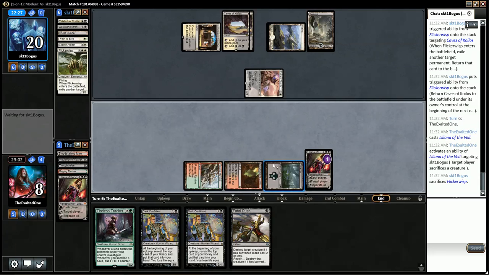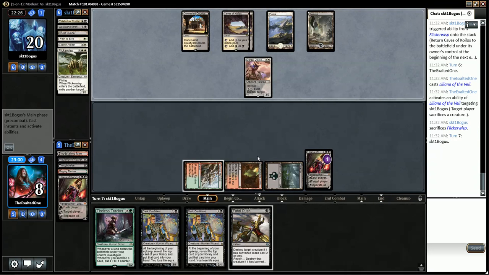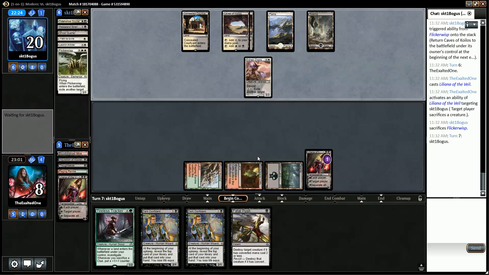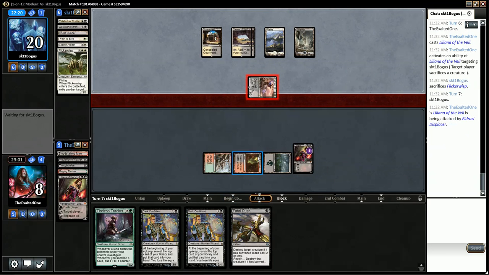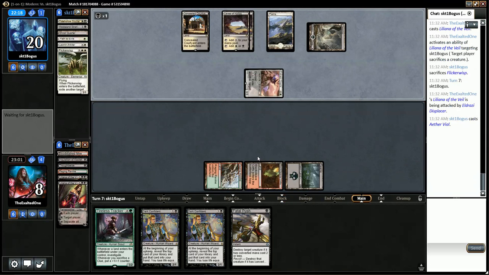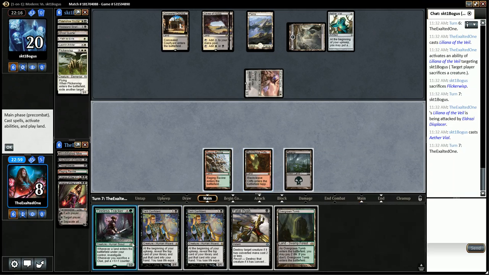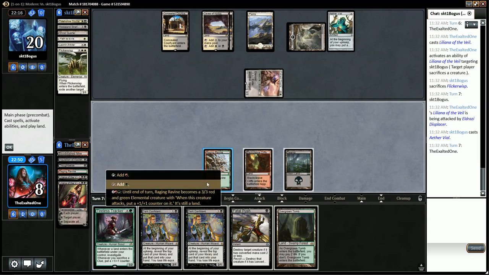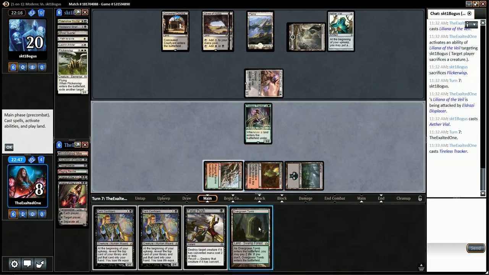Okay, so they get rid of Flicker Wisp and keep Displacer. Not sure which one's necessarily better for the opponent. I might be inclined to keep Flicker Wisp because it's a flyer. Okay, so I'm going to play the Tireless Tracker. And